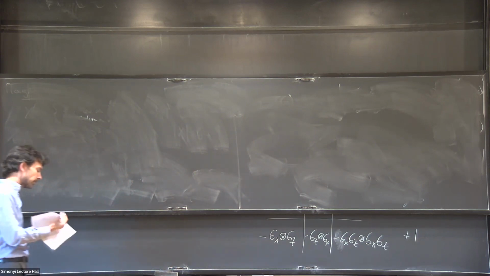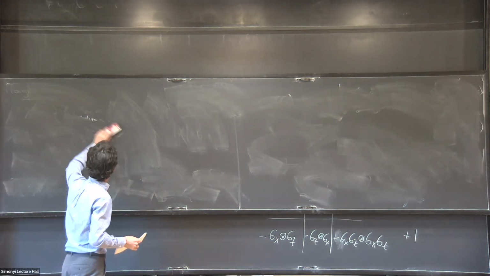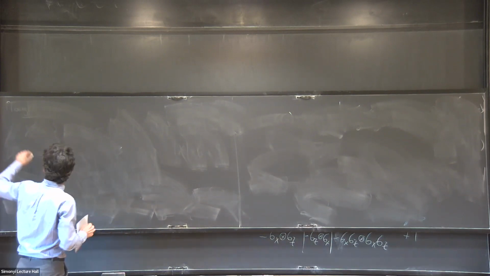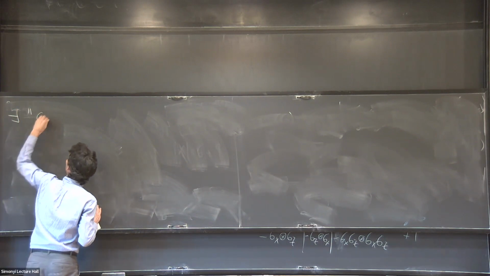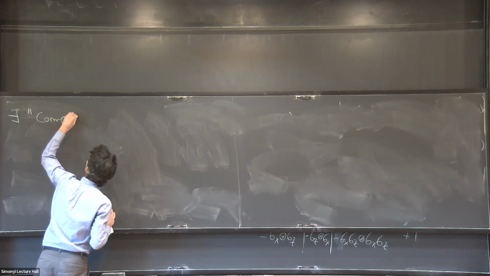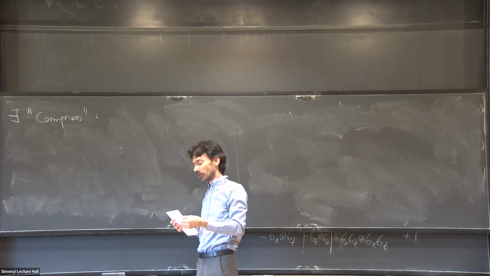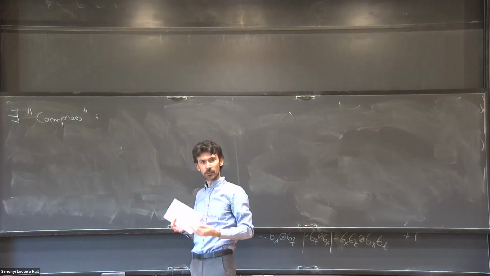All right, so back to the theorem. We want to prove the theorem. I'm going to start by oversimplifying things a little bit. Let me say what we're going to do. Our goal would be to show that there exists the following kind of transformation. I'll call it compress. Compress is a function that transforms non-local games into non-local games. Intuitively, it's going to reduce the size of the game.